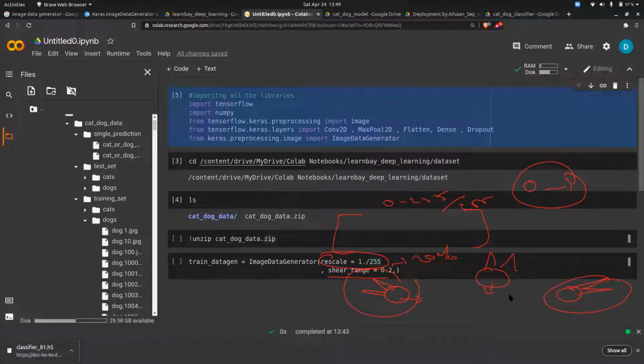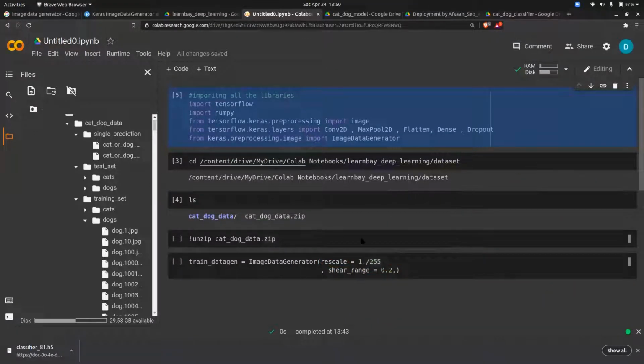In rescale, you're using 1 point something. So this 1. is nothing but it will be replaced by the value that you get from the pixel value. We can't put X right here, so we are putting 1. That's it. You have to follow this. But there is nothing after the point, then why are we using the point? We can write it as 1, right? I'm putting the point because I want the final answer in decimals. That's why.